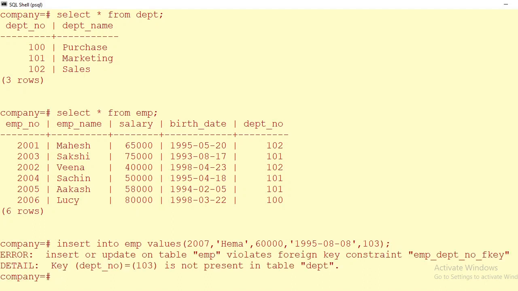Yes, what we have observed here is that it has given us the error that key 103 is not present in the table department. Hence, we cannot insert data in employee table with department number as 103.